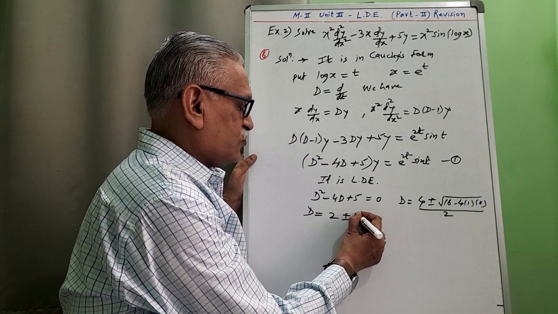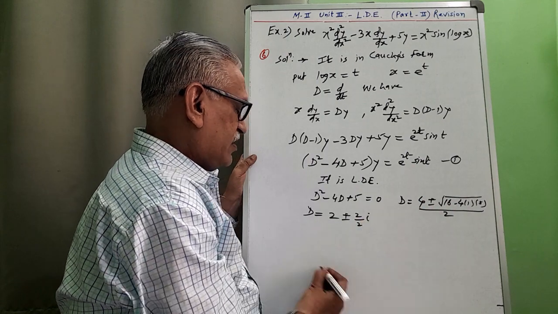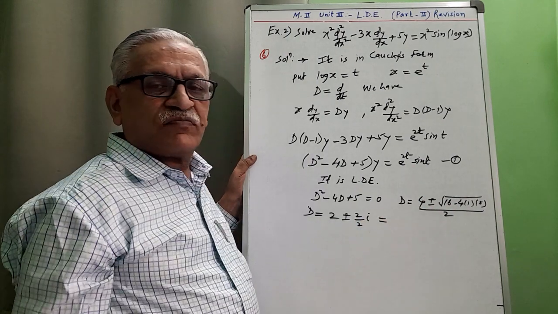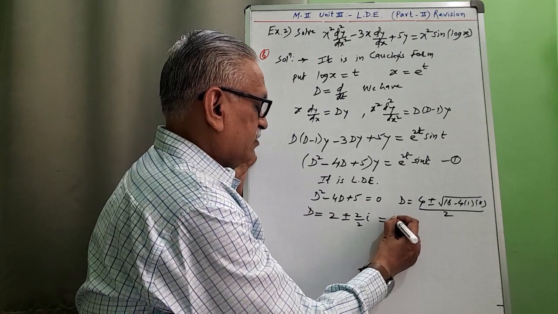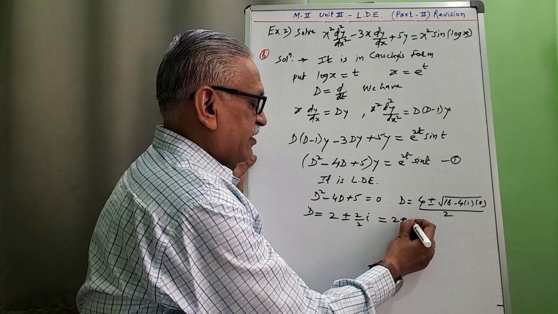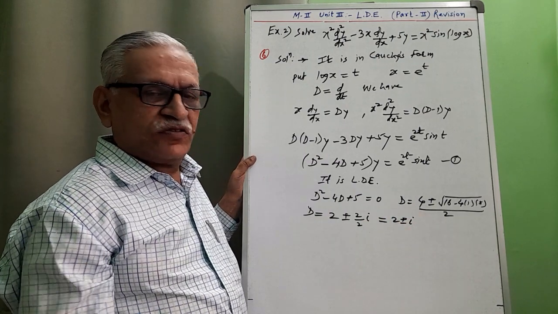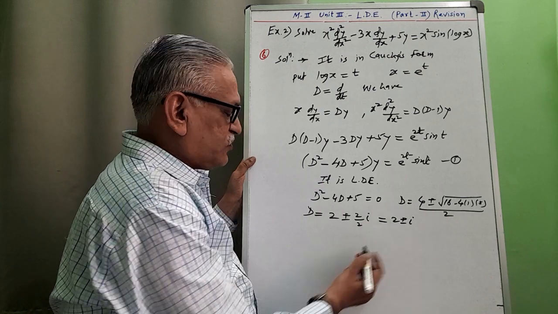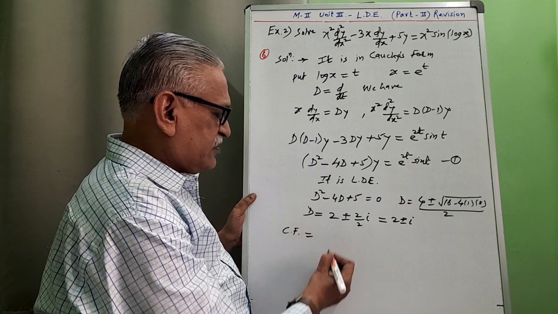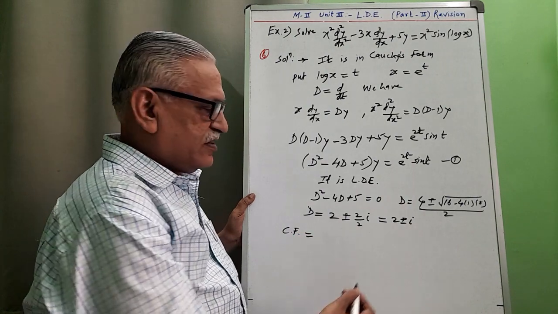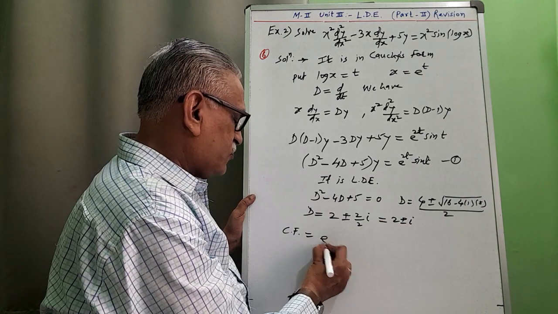Square root of 4 is 2, divided by 2, and root of minus 1 is i, and therefore the values for D are 2 plus minus i, imaginary roots with alpha equal to 2 and beta equal to 1. As these are imaginary roots, the complementary function is e raised to alpha x, but instead of x we have a new independent variable t, therefore e raised to 2t